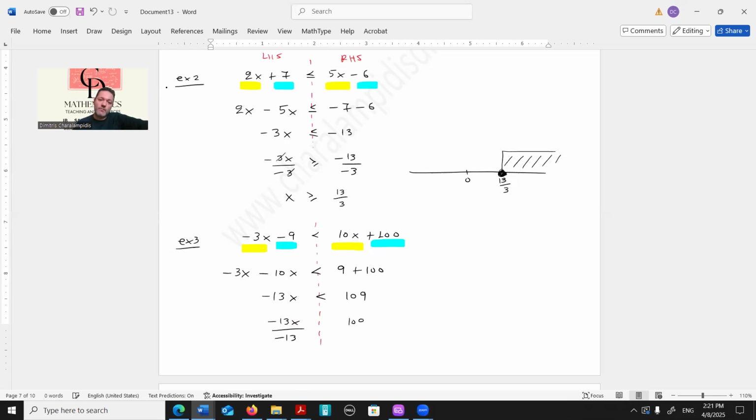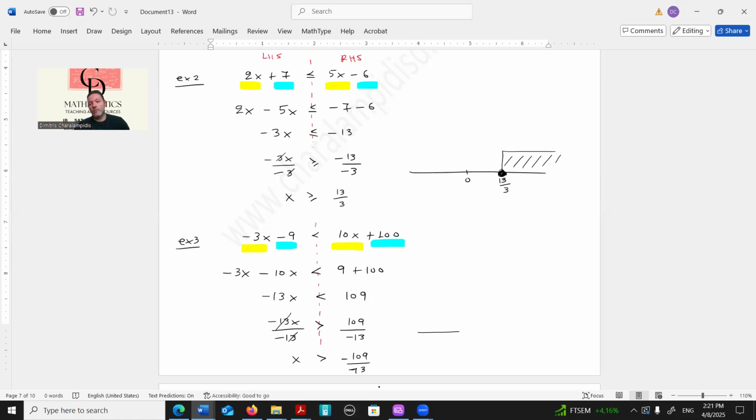Since I divided both sides by something negative, the order should change. So from being smaller than something, it will now turn to being greater. The -13's are cancelled out, so we're left with x, which is what we wanted. X is greater than, we don't care about the actual number, it's just this,